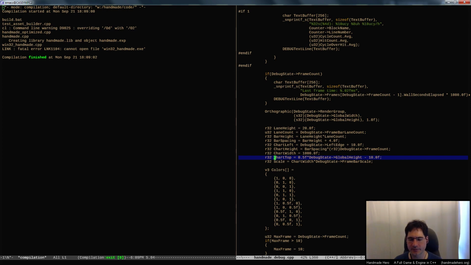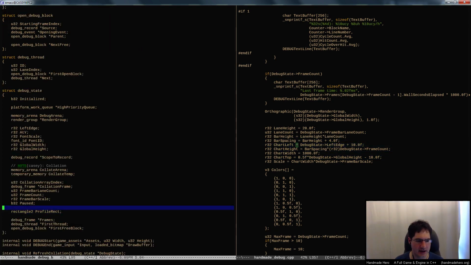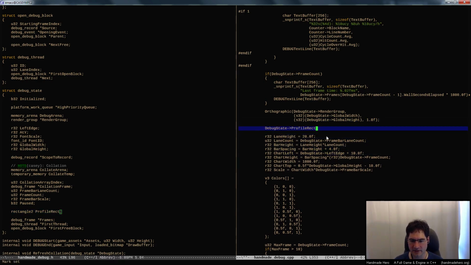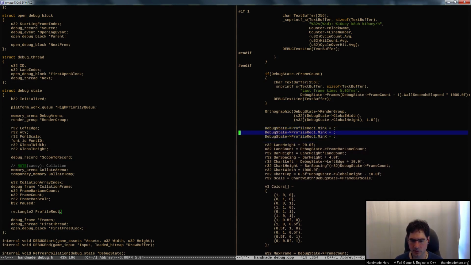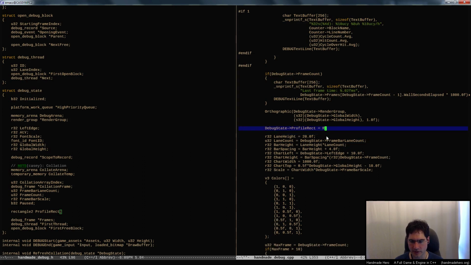So if I want to have some way to move this around, I can just make it so that, like I said, I've got a rectangle here or whatever that I've defined called profile rect. I could just make it so that the data actually comes from there. So somewhere I set the profile rect, or I guess I could just do profile rect equals rect min max. And I can just set this to whatever I actually want the min max to be. Maybe I want the thing to be 10f to 200, 200. So like a little 200 by 200 square up in the corner,